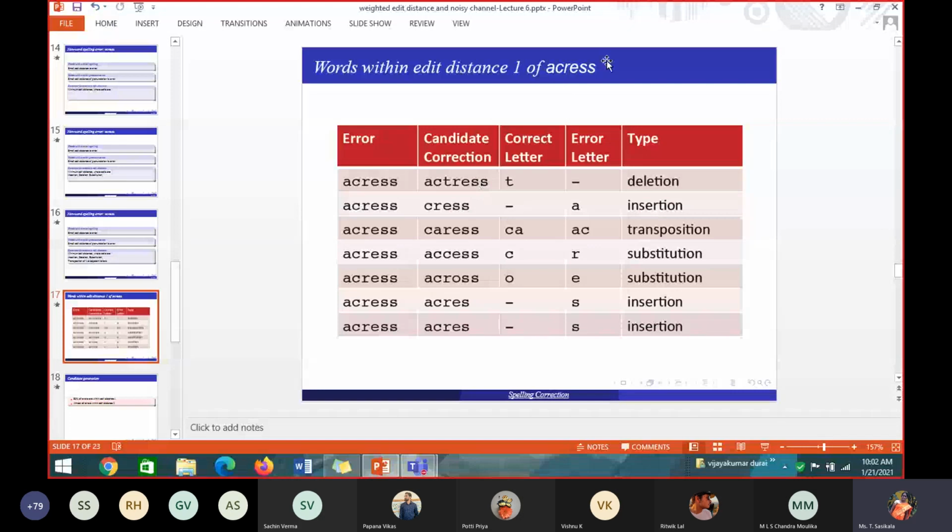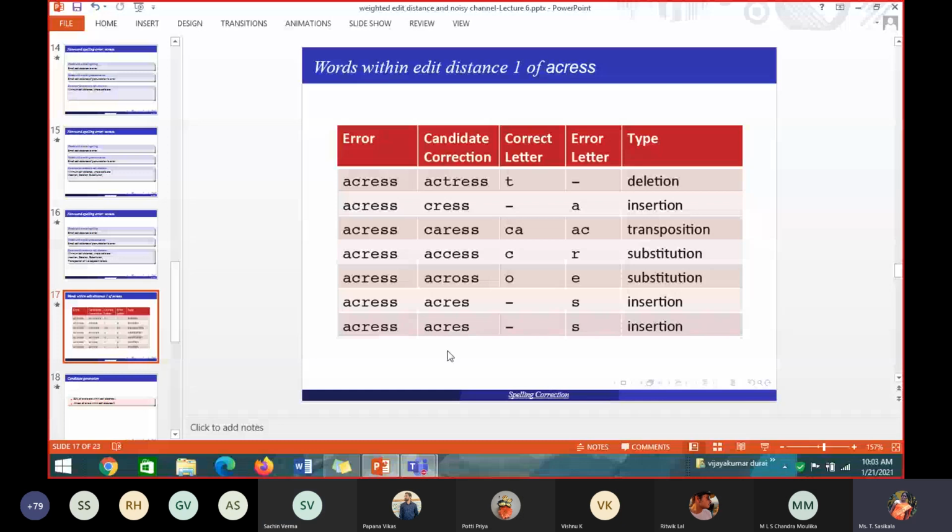So what is my error word, students? First, you make a note. What is my error word? Please tell me fast. Acress. That is represented by what symbol? X. And what are all the possible correct words I have taken as candidate words based on similar spelling and similar pronunciation? How many words are there in my candidate set? Seven. Seven possible words that I called the candidate set.